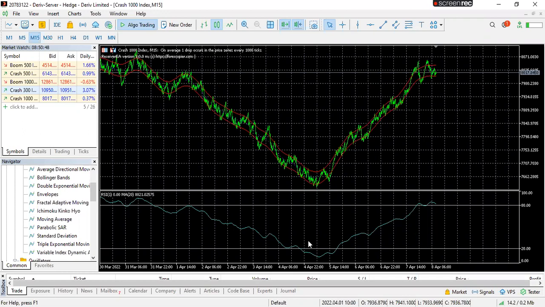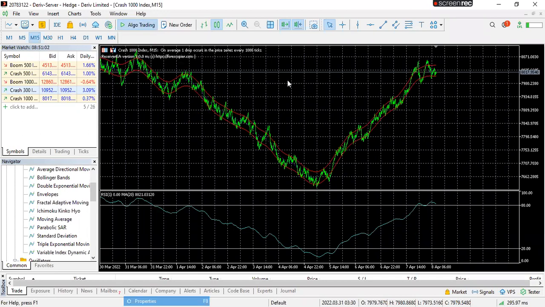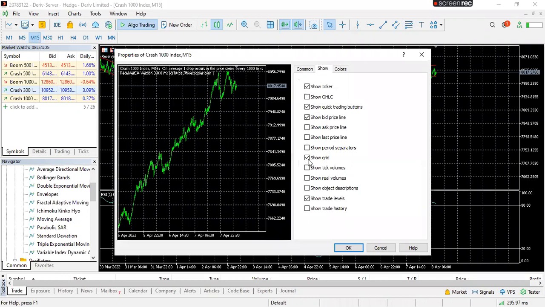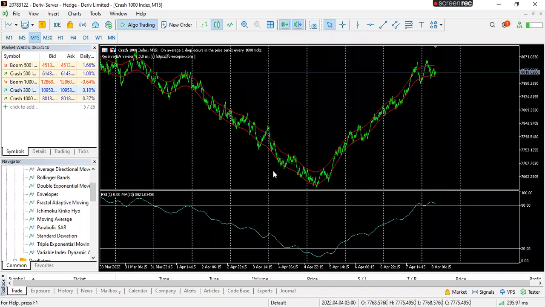This is just the RSI and the moving average strategy. Okay, what you want to do here is, okay. So what you're doing here is